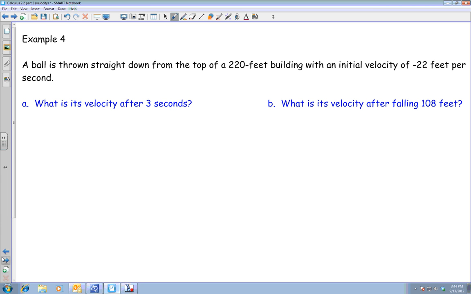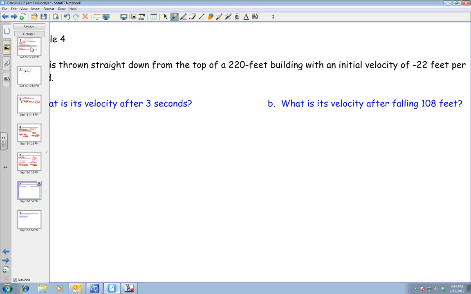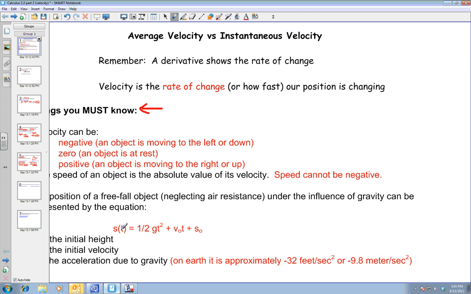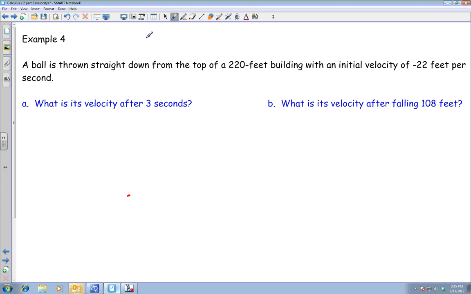Okay, well the problem with this one is they didn't give me any kind of equation to start with. So when that happens, remember that equation that we had at the very beginning? This one right here? That's the equation I'm going to use. Okay, so let me write that down at the top here. All right, I'm going to use my position